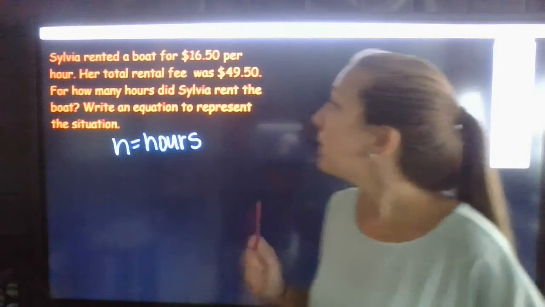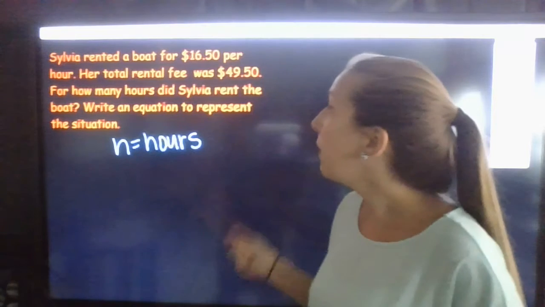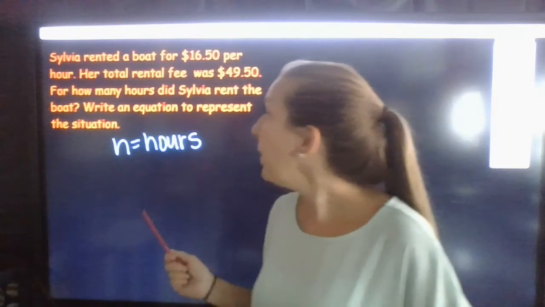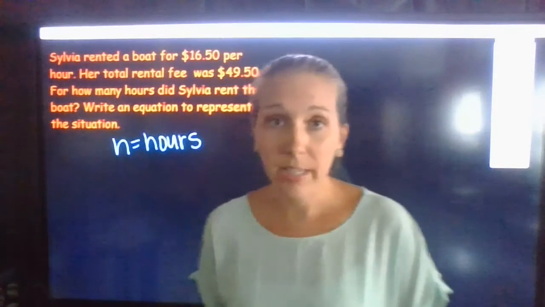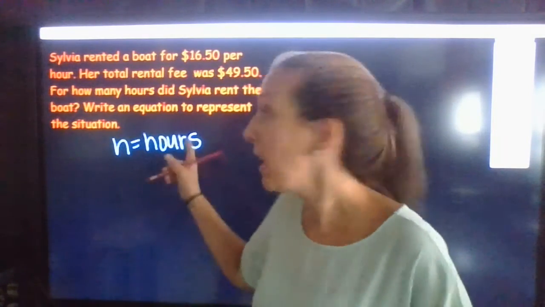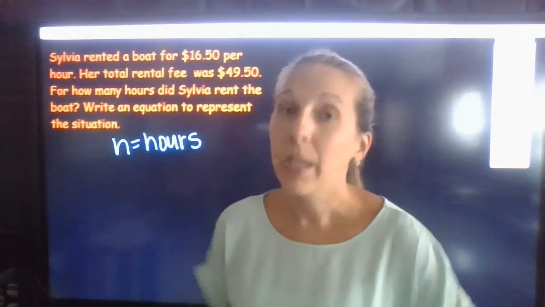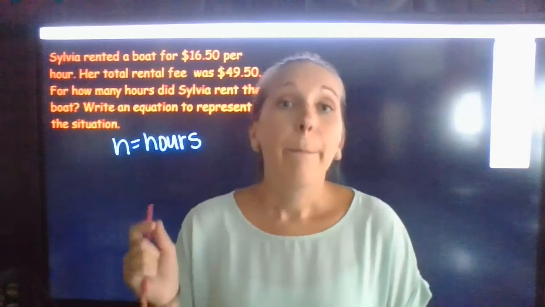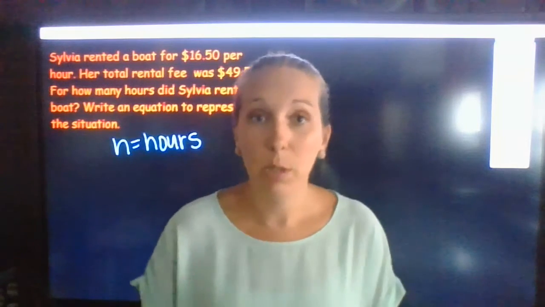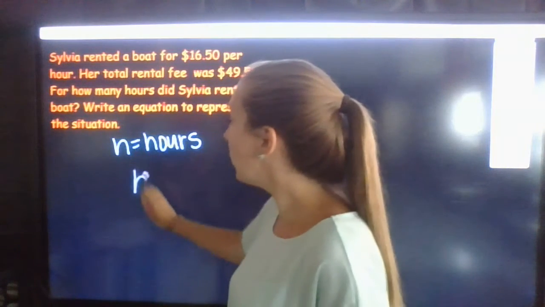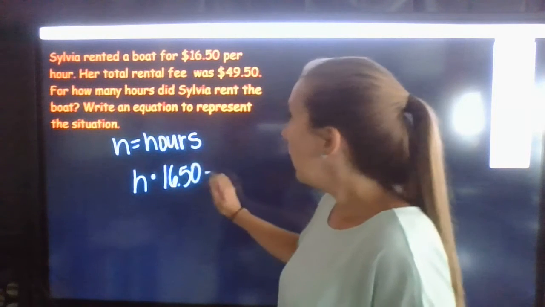Sylvia rented a boat for $16.50 per hour. The total rental fee was $49.50. How many hours did Sylvia rent the boat? Write an equation. So think about this. If I were in 5th grade, what I would do is I would take that total, that $49.50, and I would divide it by $16.50 to figure out how many hours I had it. But since we're using division to solve it, we're going to write an equation using multiplication. So we're going to take our hours, and then we're going to multiply it by $16.50